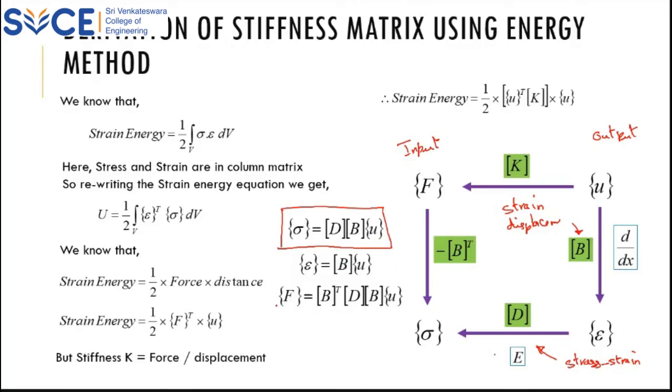You'll understand better when you go for 2-dimension, because here everything is E and U, only one term. So you don't know what the D and B matrices are. You can really understand that only when you go to unit 2, when you deal with 2-dimensional problems. Just remember that. We will discuss it deeper at that time.